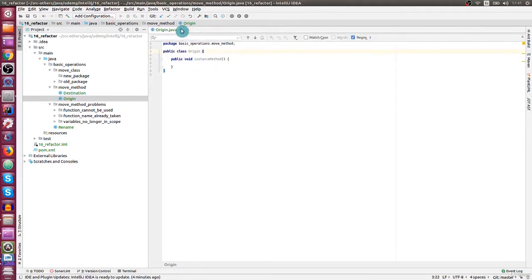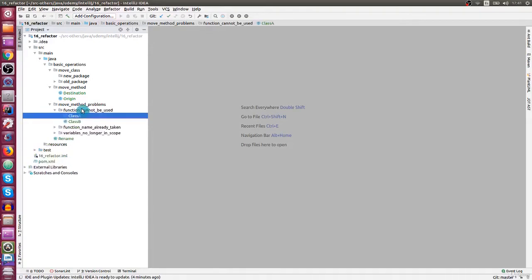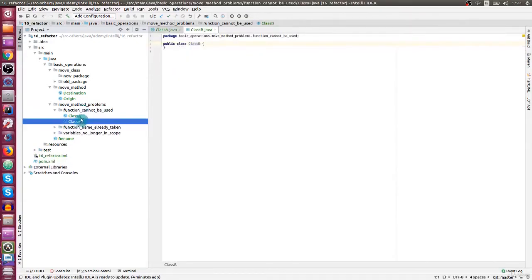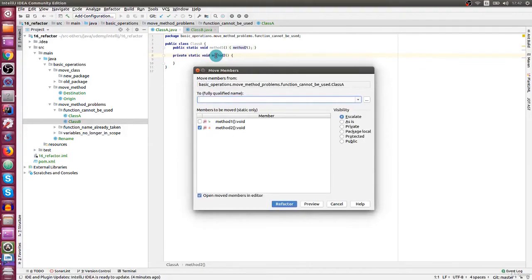There are several things that could go wrong when you move functions. And we are going to see 3 of those problems. In order to solve them, we are going to use class A and class B as our examples. So what happens if you want to move a method, but that method is being used by another method in the same class? If we hit F6 in order to move it, and move it to class B,